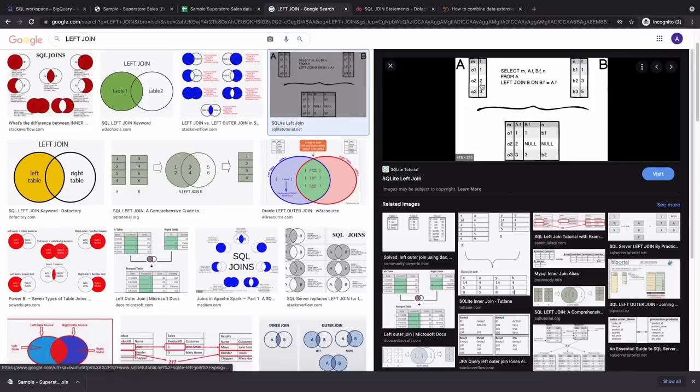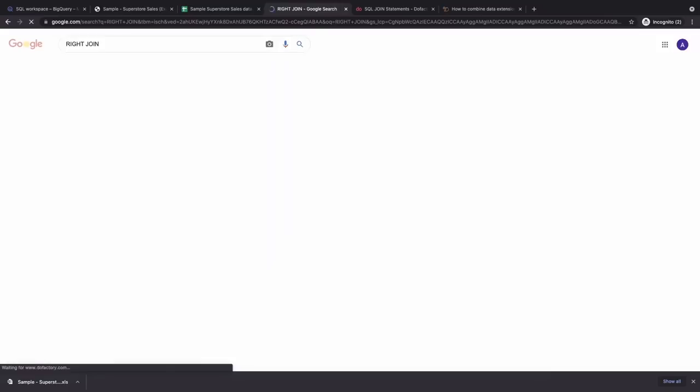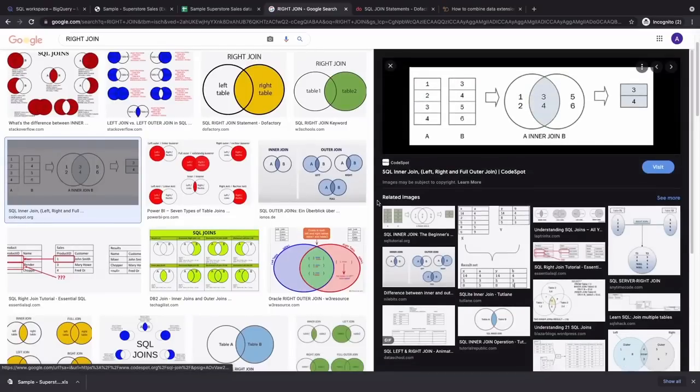So if we were to take this table and bring it here, and take this table and bring it here and call it the right join, we'll get exactly the same answer. Anyways, I will still show you what a right join is. So then it makes more sense, right? So what is a right join? Now, a right join is basically,